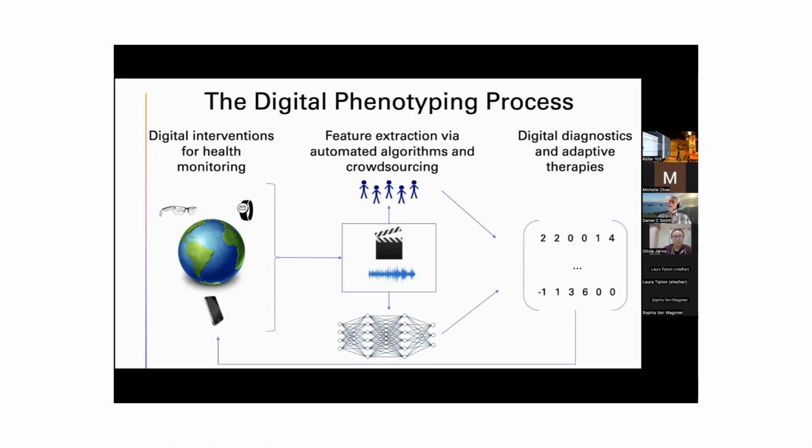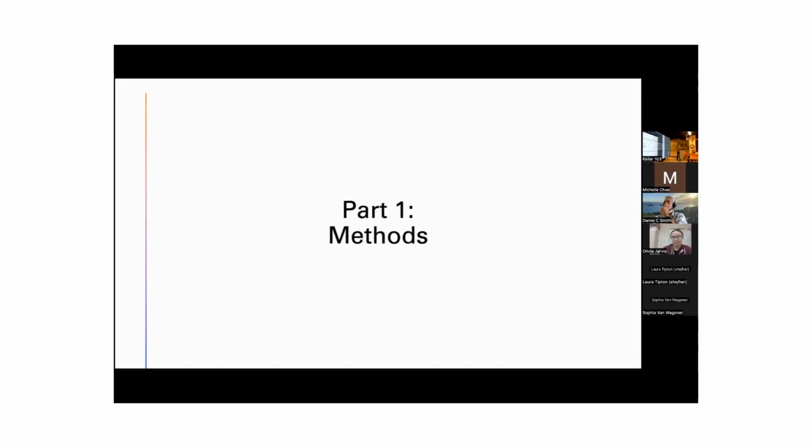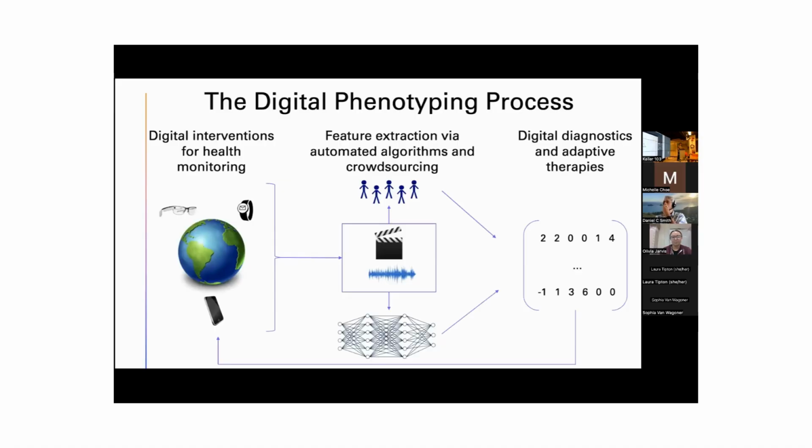So not a therapy that's one size fits all, that's provided to a child with autism and is doing the same thing for every child, but where the AI measures the progress of the child and adapts the therapy accordingly. So at least that's what I looked at in my PhD. But now I want to focus mostly today on what my current students are working on, which mostly falls within this overall digital phenotyping pipeline.